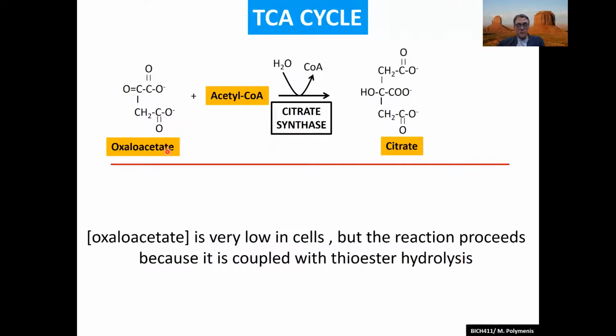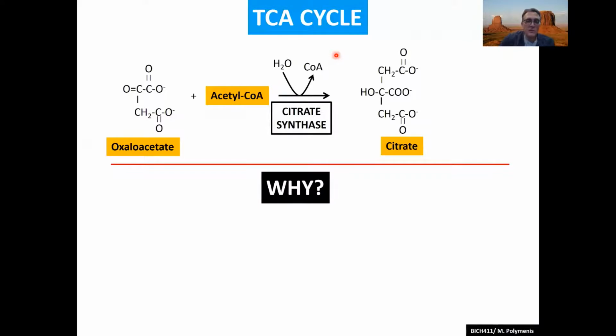Now, does it happen? Well, one of these substrates is oxaloacetate, which is by far the lowest in abundance amongst all the intermediates in the TCA cycle. So based on mass action, you want something that's favorable usually to go down the concentration gradient towards forming oxaloacetate, not consuming it into making something else. But the reaction proceeds because it is coupled to thioester hydrolysis, and that releases a lot of free energy, and you couple that to something super favorable, and then you can make it happen.